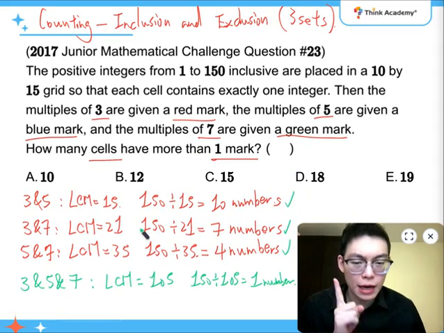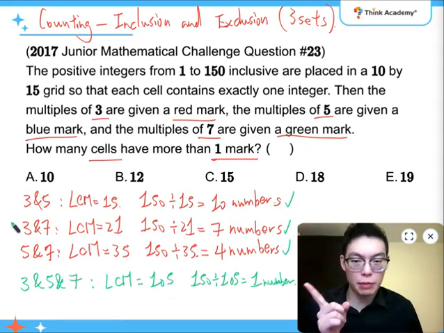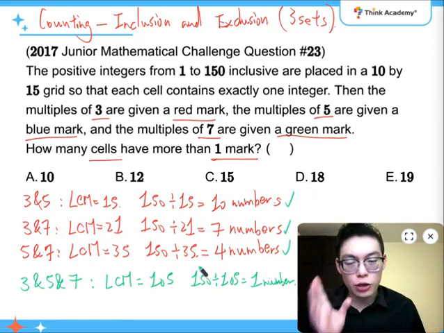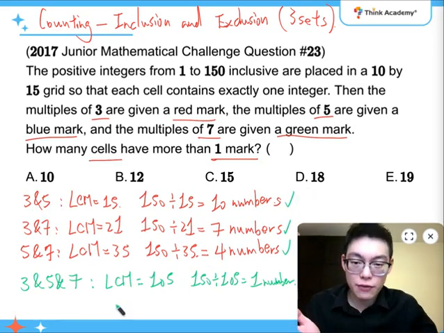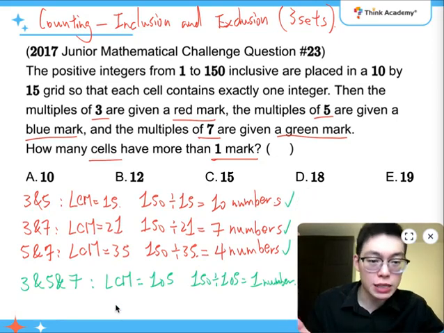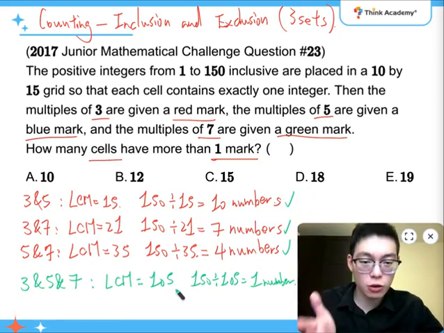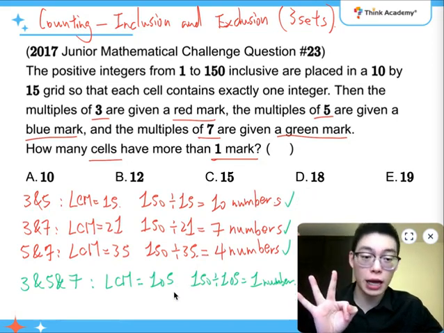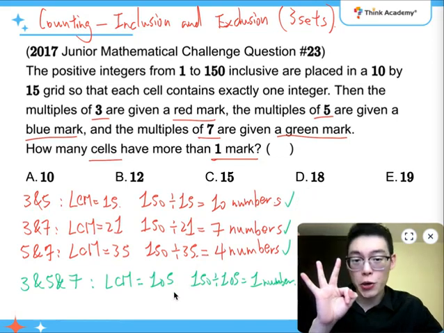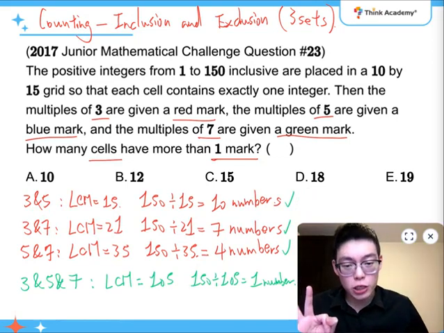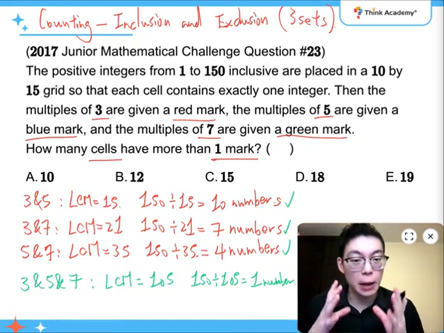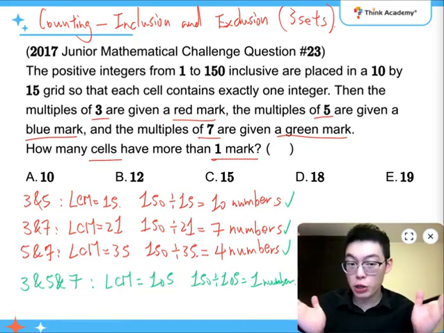Right? 105 is a common multiple of 3 and 5, so I have counted it once in 3 and 5. 105 is a multiple of 3 and 7, so I have counted it once in 3 and 7. So same goes for 5 and 7, which means that I have counted 105 3 extra times that I shouldn't have. So actually, for the inclusion-exclusion principle, we know that the combined sum is going to be the separate ones